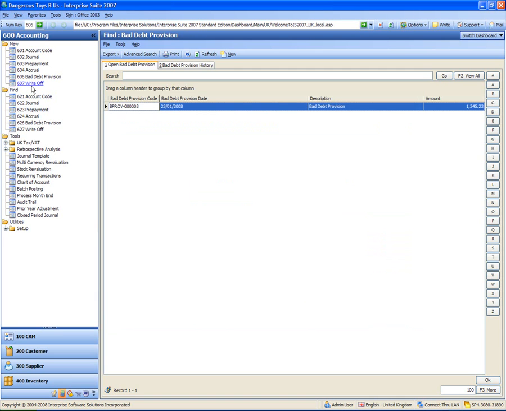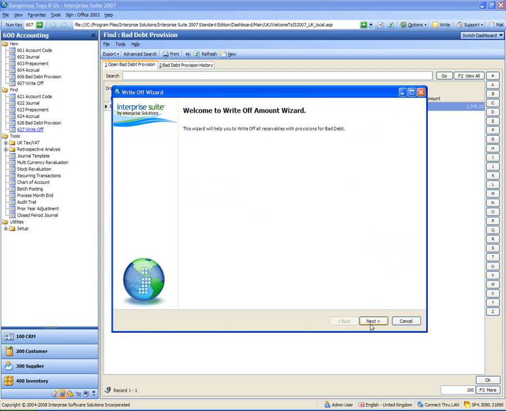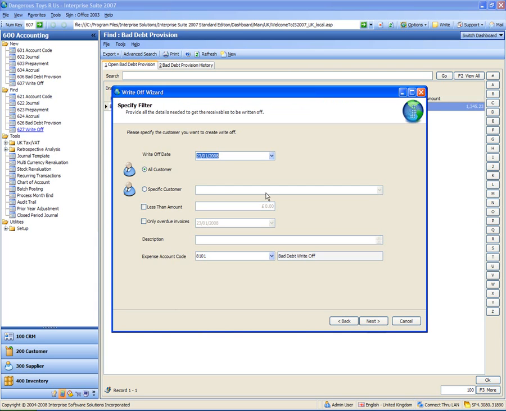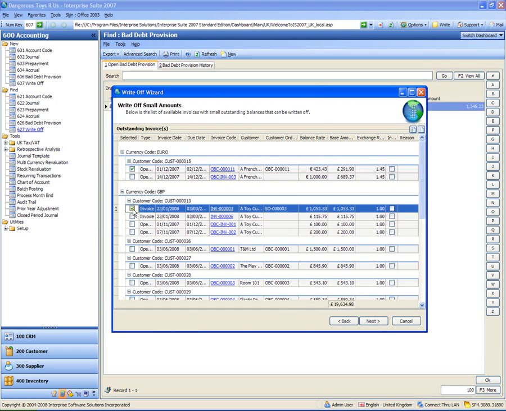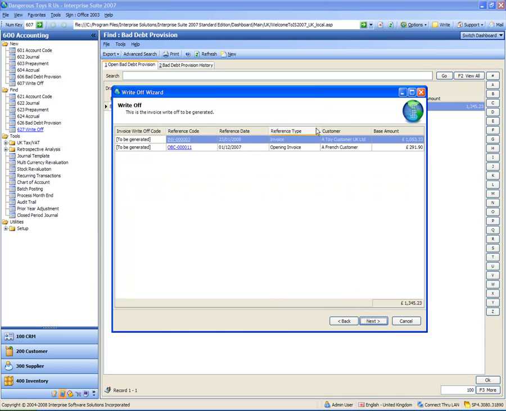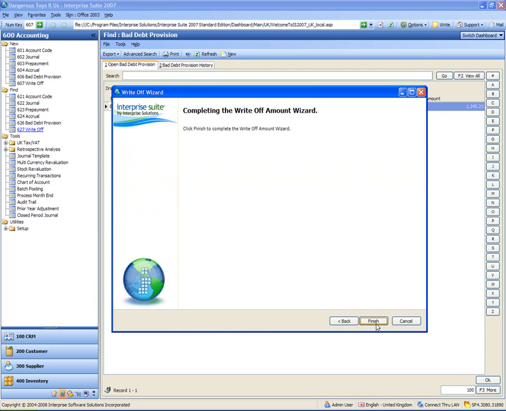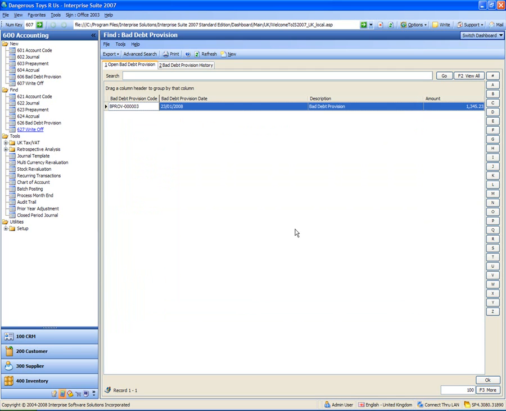The next thing I'm going to do is create a write-off. So, new write-off. Next, again, we've got the same options as what we had on the provision. It's basically identical at this stage. So I'm going to go next to pick them all, and I'm going to once again pick one of my Euro transactions, or I'll pick one of my UK transactions. So if I go next, it shows me basically the values that we're going to be writing off. Quite large values there, really. So again, it shows me what it's going to do, and if I finish, that will now have written the transactions